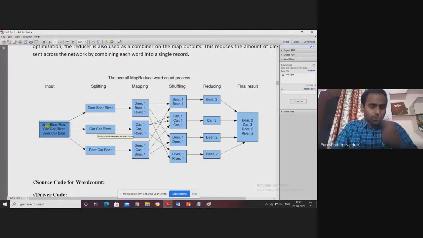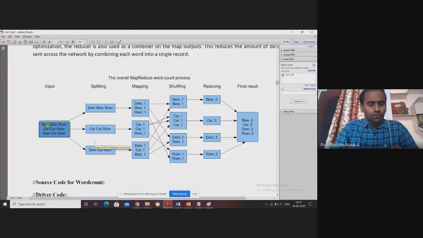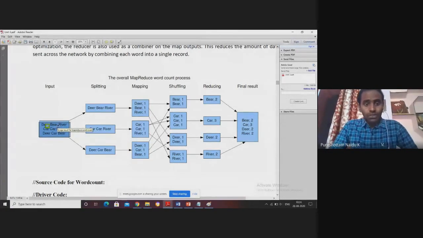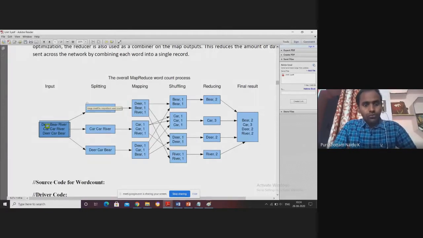For example, here the text file is divided into how many blocks? 3 blocks. That's why 3 mappers are executed. Now, for example, if this text file is divided into 5 blocks, how many map functions does Hadoop itself assign? Five. So the number of map functions depends upon the number of blocks of the text file. If the input file is divided into 4 blocks, then 4 map functions are executed. If it is divided into 5 blocks, then 5 map functions are executed.